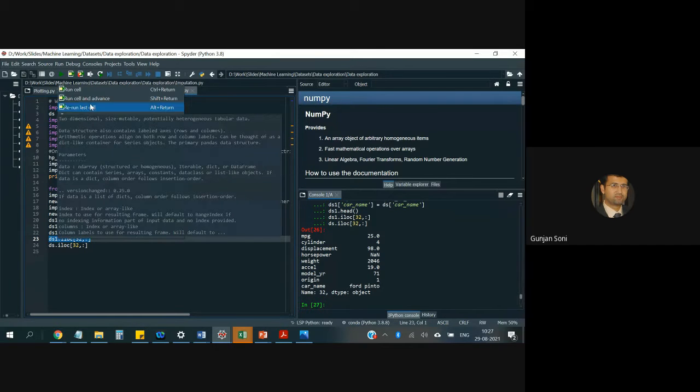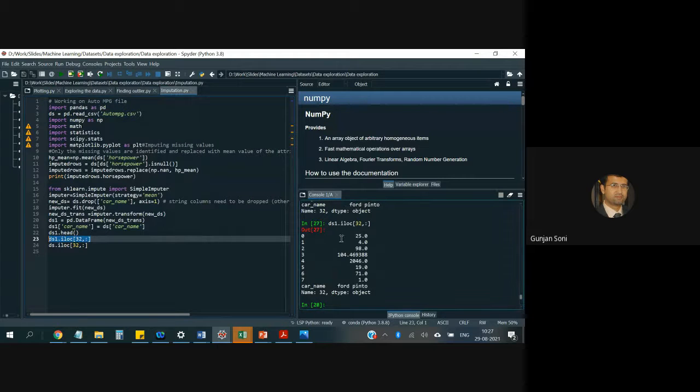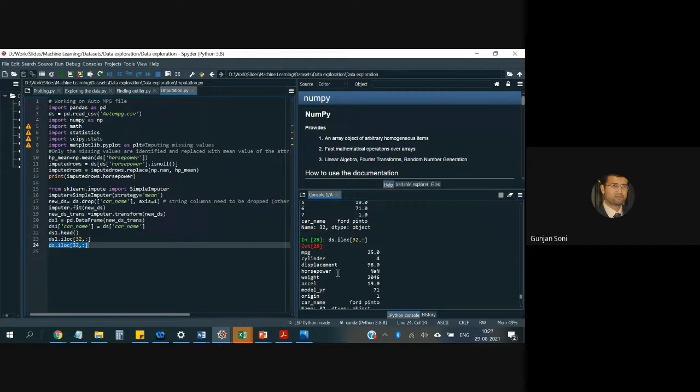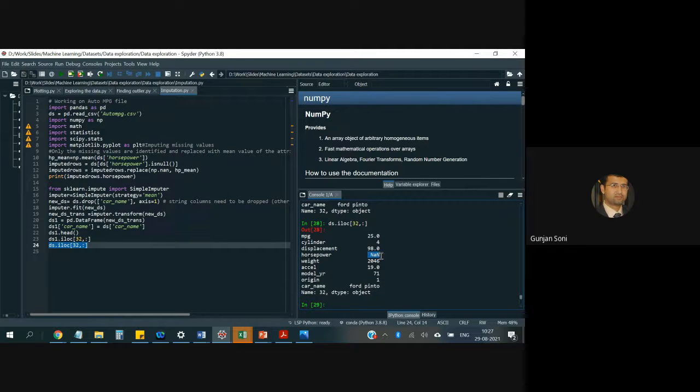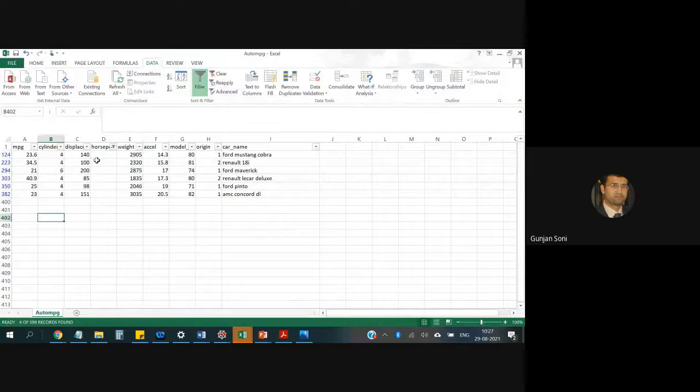DS1 represents the row which has been dropped. Okay, the 32 number row, and it is filled with the average. You can see here. And if I run the previous data frame, so you see here, we're not dropping it, but we can see now it is filled with 104.46, which is average. And earlier it was nan value over here, the same row, 32. So let's see that 32 number row data filter off.